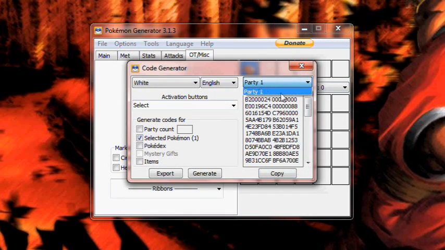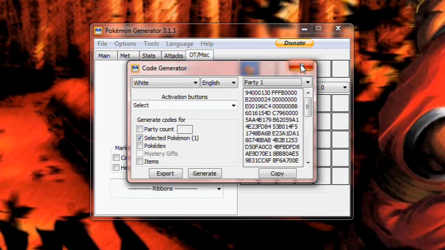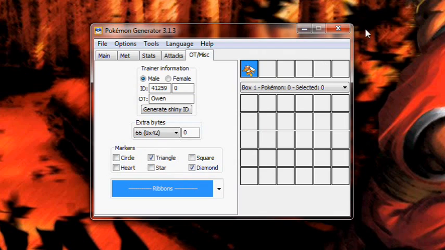But like I said, this is party 1, so make sure that you have a Pokemon you don't care about, like Patrat or a Rattata or something like that, so that way this Pokemon replaces the old Pokemon. So instead of having a level 5 Rattata, you get yourself a level 100 Dragonite. So that's pretty much the tutorial for right now,